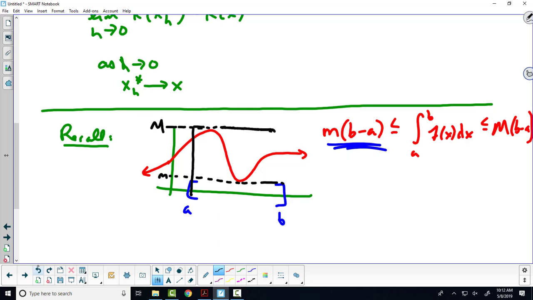What is this? That's the area of the upper. Yeah, that's this area right here, the area of that rectangle. And what do we know about the area underneath our curve? It's got to be somewhere in between the two, right? The smallest it could be is the area of the small rectangle. The biggest it could be is the area of the big rectangle. And it's essentially trapped in between the two of them. Okay? So don't forget that property, because that's